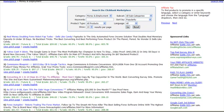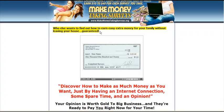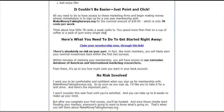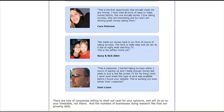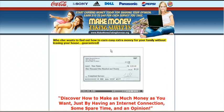So what I did, I went ahead and clicked on it, and then I brought up the sales page so that I can take a more in-depth look at this particular product. I see here the sales page looks very attractive to me. It looks like something that I might stay on here to read. It actually grabs my attention. And further, I know that online surveys do actually work because my wife actually does make some money with these. So I used some knowledge that I had as well, to know that this would be a decent